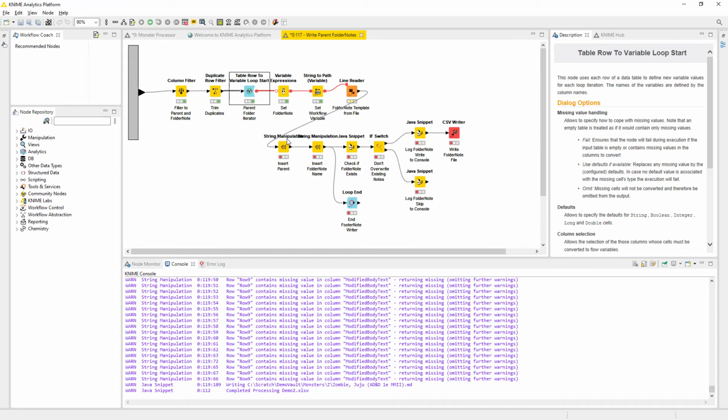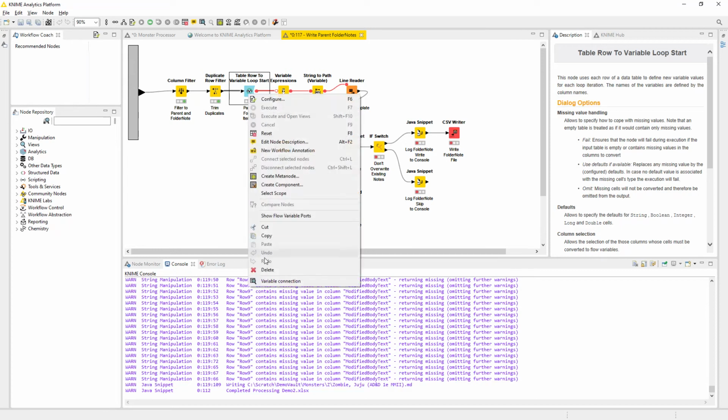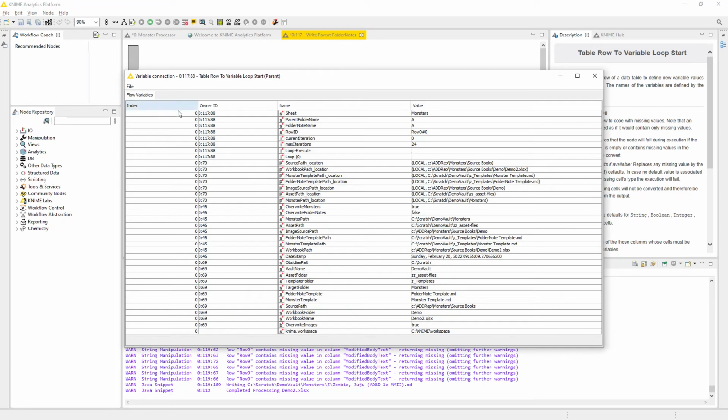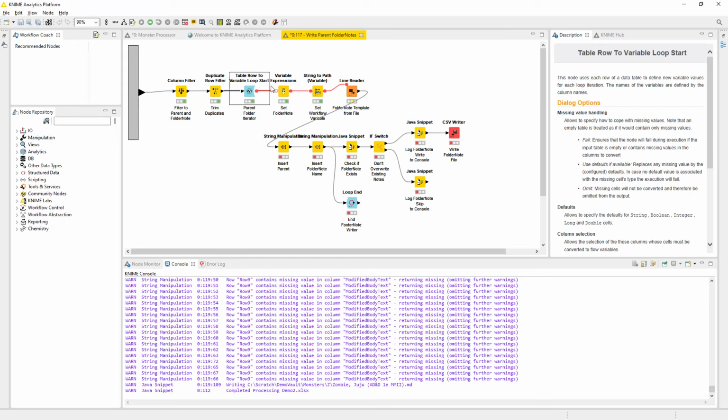Excuse me. And so for every record, we're going to get the sheet it's on, the parent folder note, or the parent folder name, and then the folder note name. And for every set of variables there, we're going to then go write out a folder